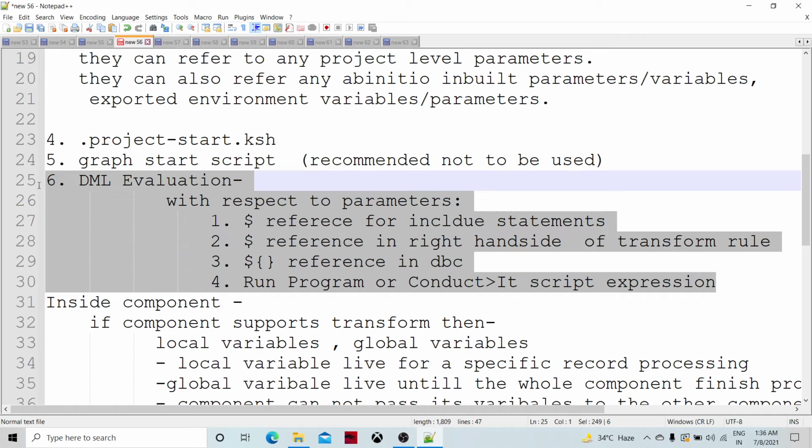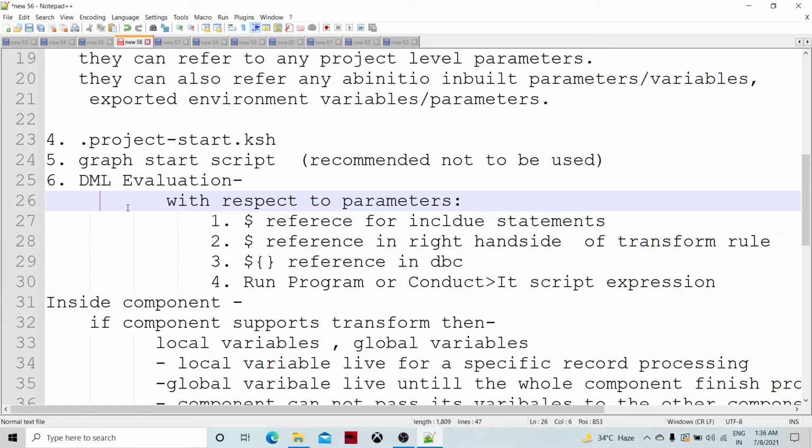DML evaluation means the XFRs, the transformation evaluation, the references within that transform, and any references within the DML. With respect to parameters, there are dollar references for include statements.